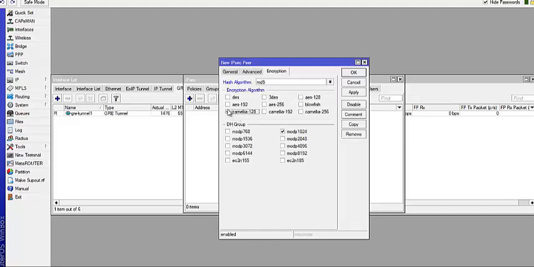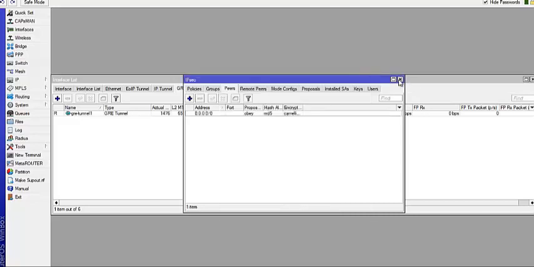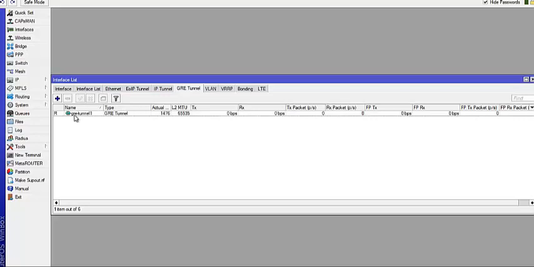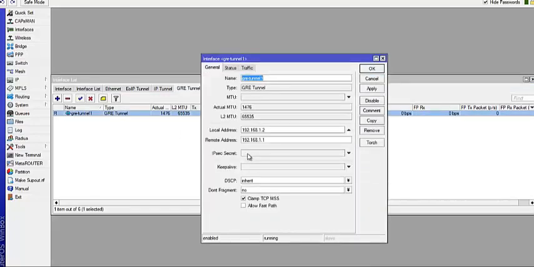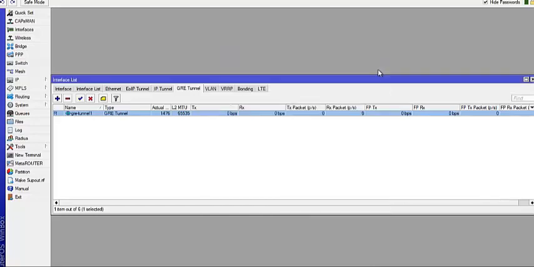So you can choose anything you want to, but make sure that whatever choice you make here is the same as the remote router. If not, it won't work. So I'll apply and OK it. Having done that, I'm going to come back to the IPsec tunnel. Double click on it and come over here where you have secret and enter the secret key you just used in creating your IPsec. So apply it and OK it. If this is OK, it will work. If not, it won't work.